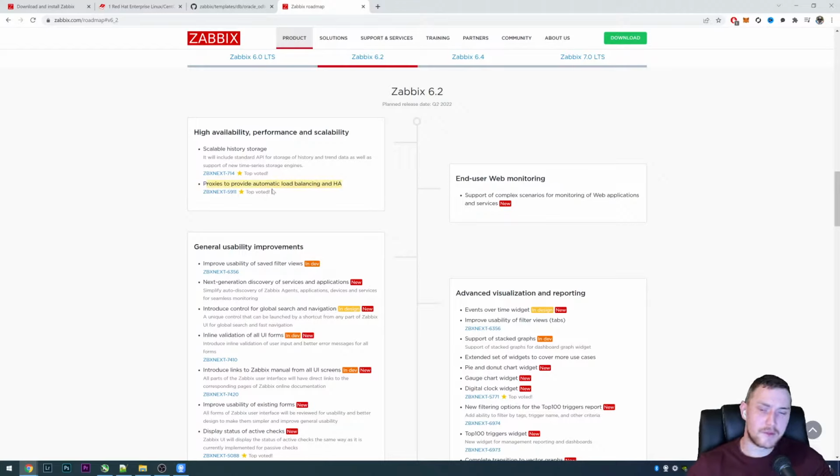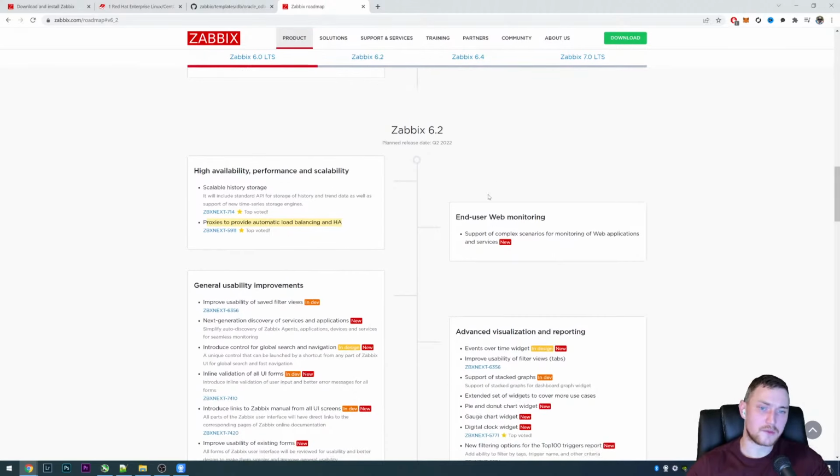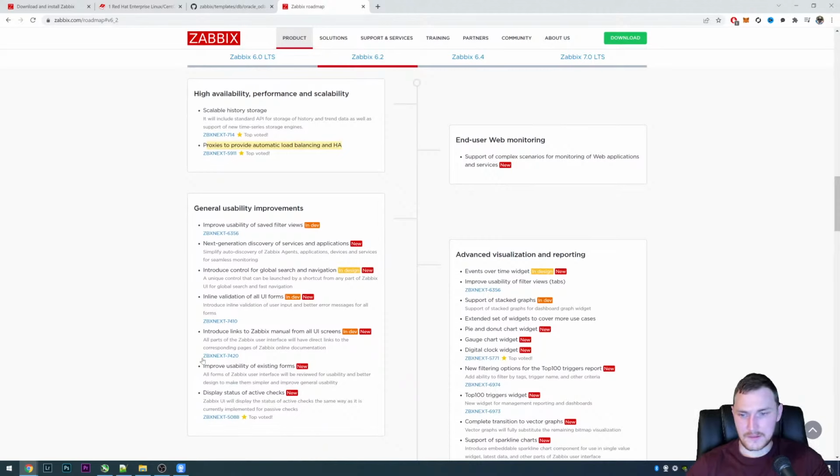So it is on the roadmap for 6.2, and this will, of course, be a huge improvement for proxy users. Use proxies and offload your Zabbix server, and this will provide horizontal scaling, which currently is not really working with Zabbix. So you can scale vertically, but not horizontally right now. And when we introduce load balancing, this will, of course, become more convenient and easier.